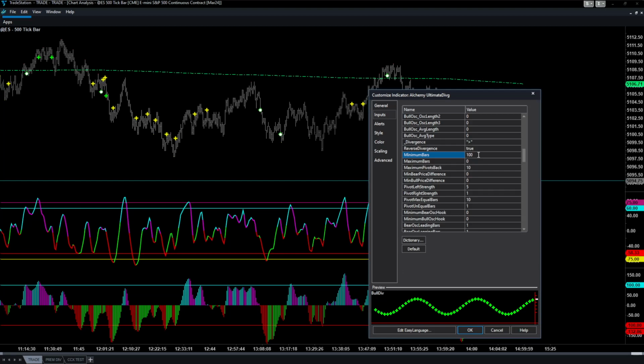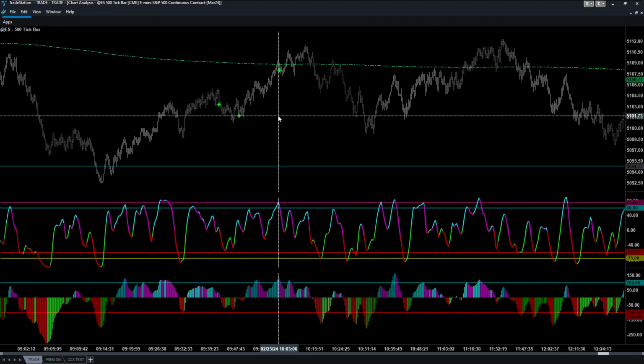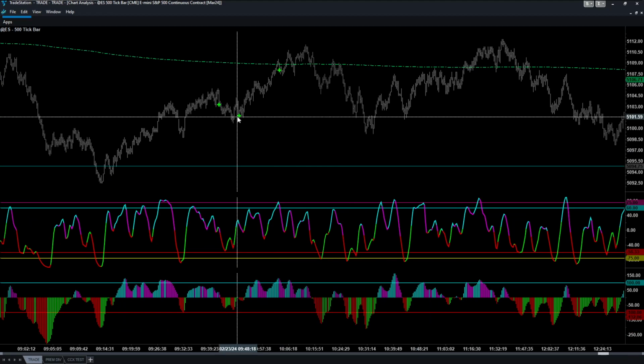For example, let's just change this. Keep an eye out on the screen here and watch how this changes. If I set this to 150, notice what happens. Nothing. I've got nothing. A few over there. So I've really cramped my ability to get a signal using a high number like that, and it's not going to be particularly accurate. So just increase this, but don't go too high. I like 100,